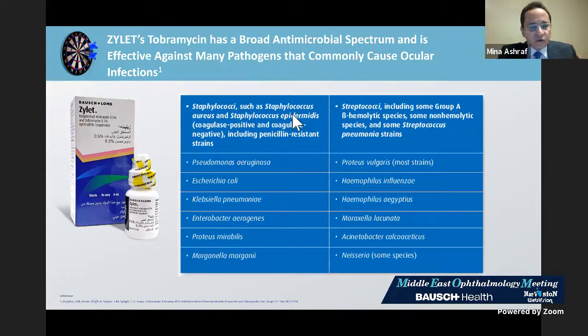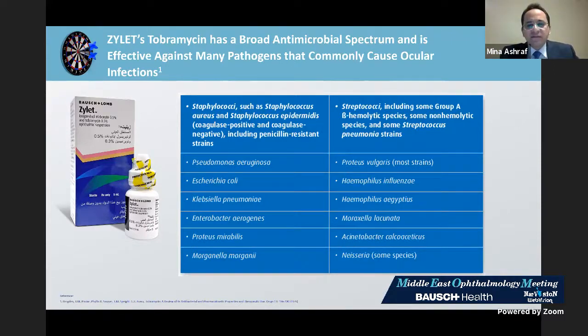Staphylococci such as Staphylococcus aureus, Staphylococcus epidermidis, coagulase positive and coagulase negative, including penicillin-resistant strains, Pseudomonas aeruginosa, E. coli, Klebsiella pneumoniae, Enterobacter aerogenes, Proteus mirabilis, and Morganella morganii. In addition to streptococci, which includes some group A beta hemolytic species, some non-hemolytic species, and some Streptococcus pneumoniae strains. So as we see here, tobramycin has this broad spectrum of antibacterial effect, and more important is its pharmacokinetics, because